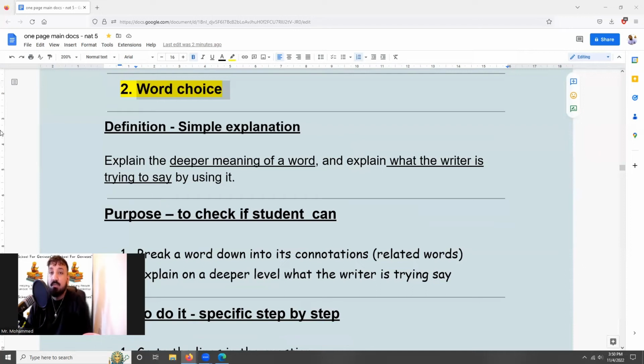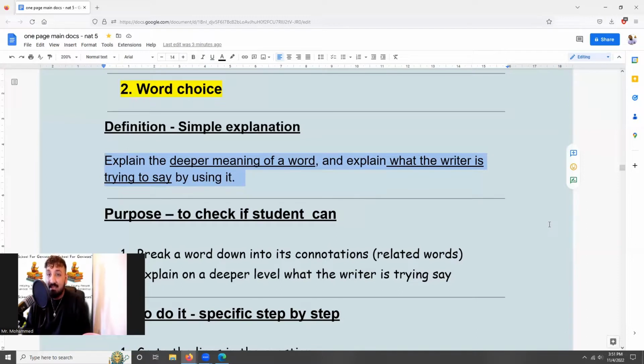Choice. All right, so here's what we're gonna do. Same kind of process. First of all, I want you to go ahead and write down the heading definition. So this is what word choice actually is. All right, and then I want you to write this down. Word choice is about explaining the deeper meaning of a word and explaining what the writer is trying